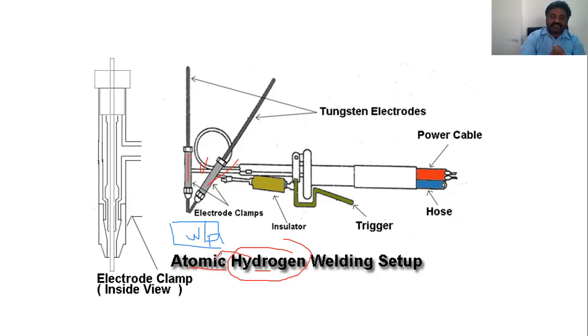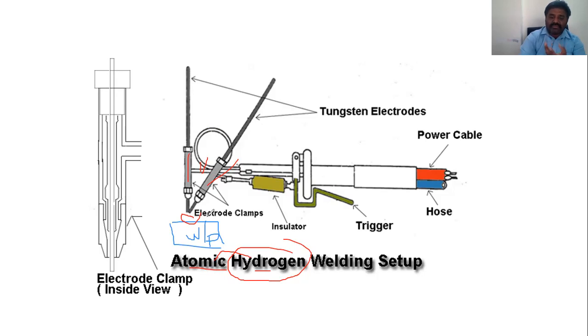That's a very basic point. By the high heat of the arc in the electrode gap, the stream of atomic hydrogen strikes the workpiece with high velocity, and once again it is converted into molecular hydrogen and releases a larger quantity of heat here.